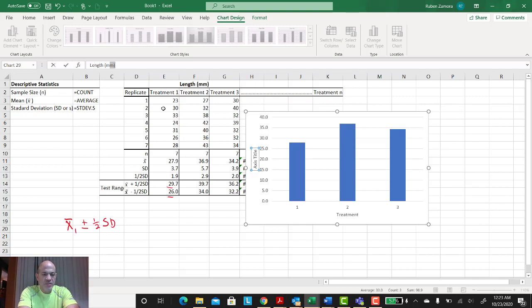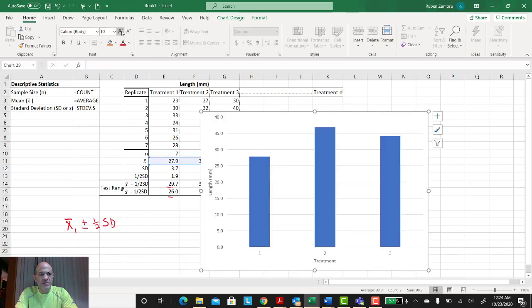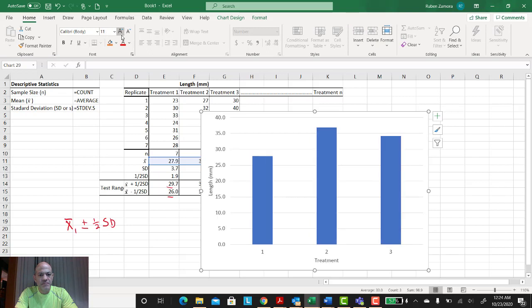And then if there's units, you make sure you put the units as well, so that it appears there on the axis title. So let me make the graph a bit bigger here. Increase the font size. Okay. And so you can do a lot of other formatting things, but I want to get to how you do